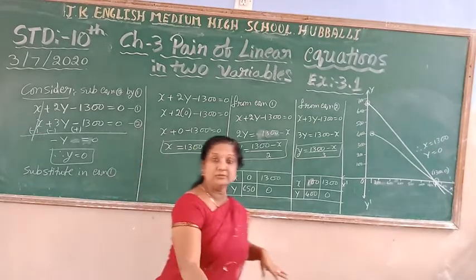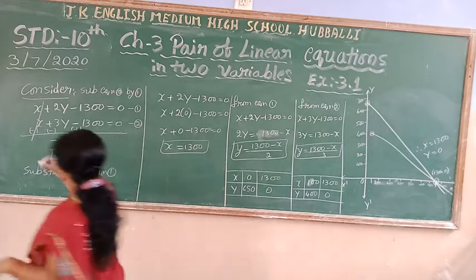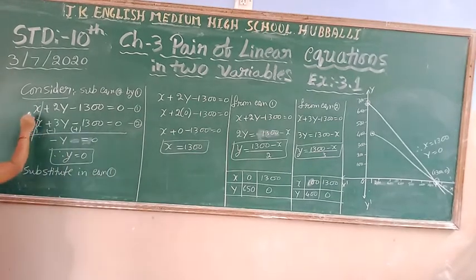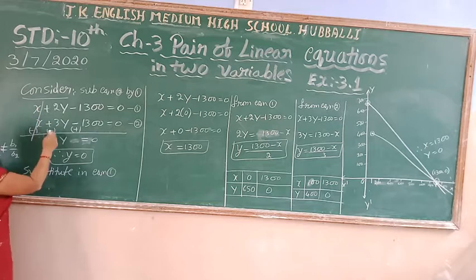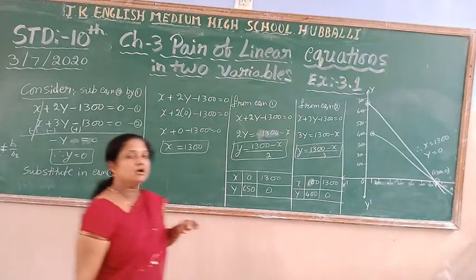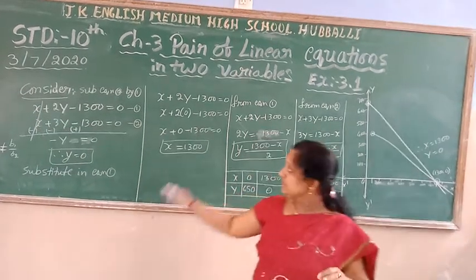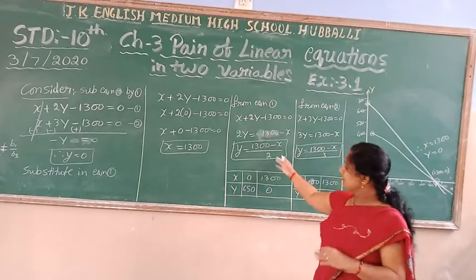Here we also come to know it has a unique solution. How do I come to know? a1 by a2 is not equal to b1 by b2. So these two linear equations in two variables don't have many solutions and are not parallel, but they have a unique solution. I come to know only by checking a1 by a2 is not equal to b1 by b2. Then afterwards, by subtracting, we get the values of x and y.